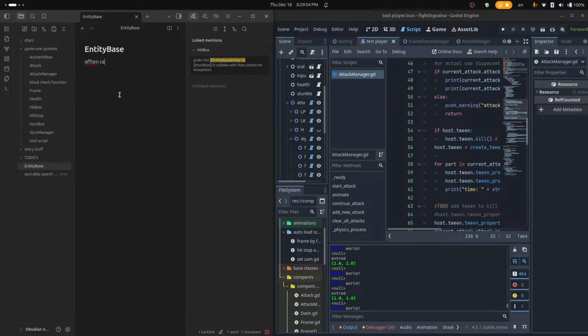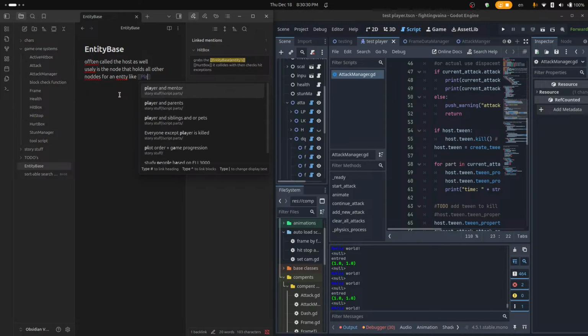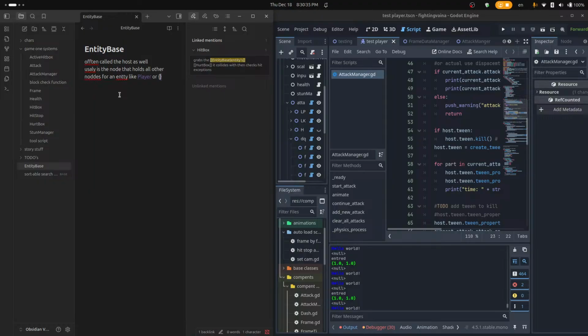Entity, often called the host as well, usually is the class, is the node, that holds all other nodes for some entity like player or, no, enemy base entity nodes, often players. Okay,